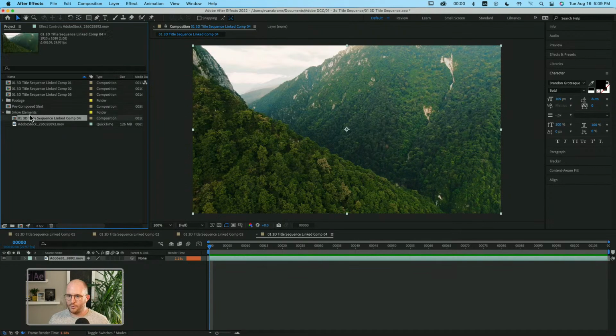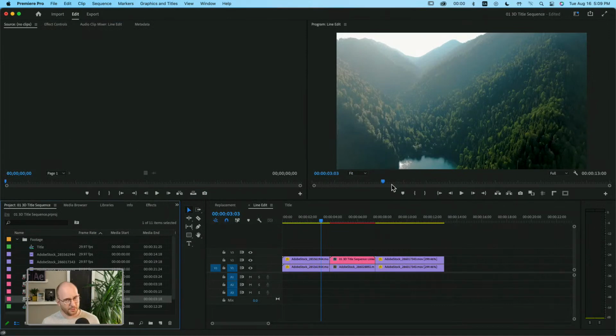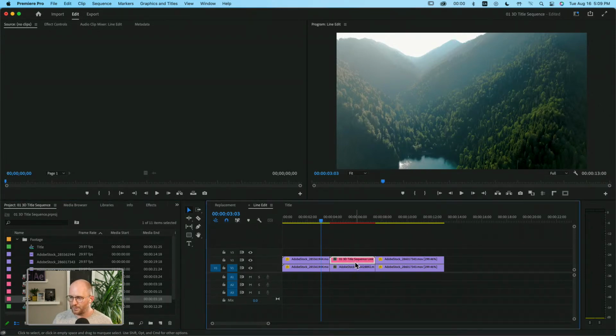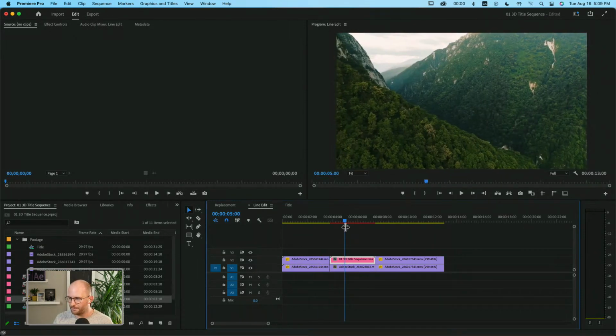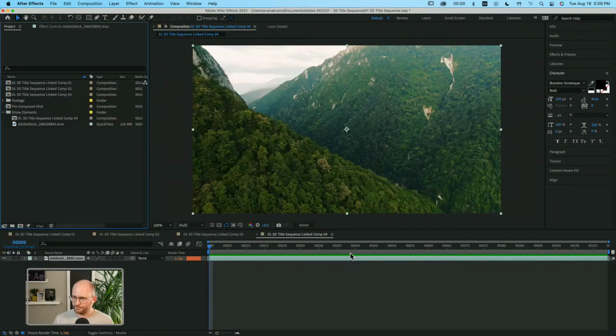Now, notice that it's created a composition in here that is called 01 3D title sequence linked comp 04. Ooh, it's a mouthful, right? But if we tab back to Premiere, notice what's changed on this timeline. On this timeline, now this one has become a pink clip, and it is, of course, named 01 3D title sequence linked, etc. So this has been replaced. Now, what does that mean? Well, it means